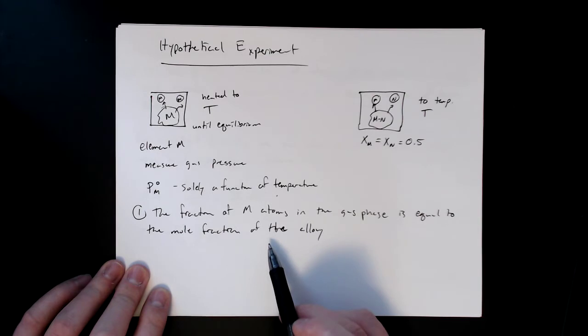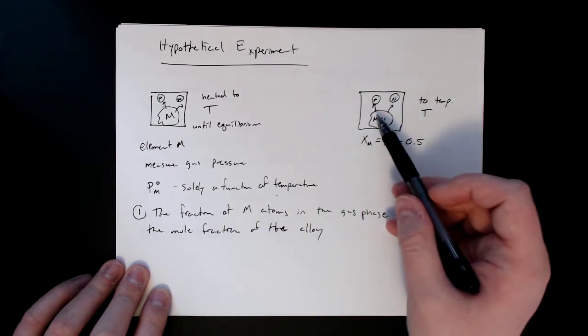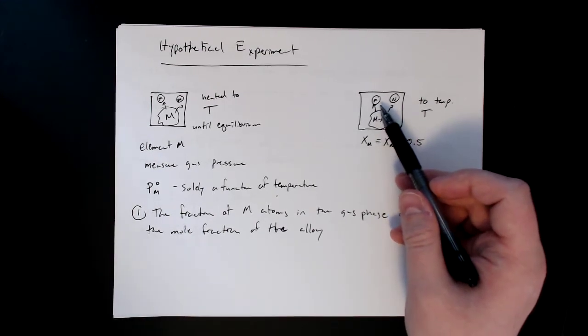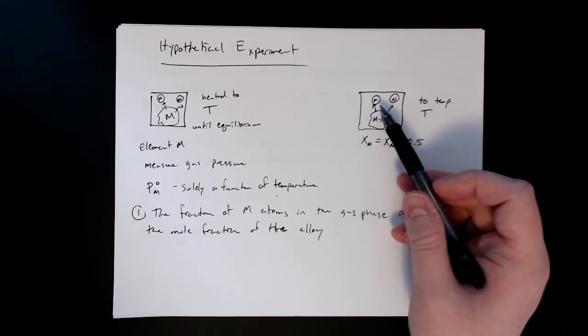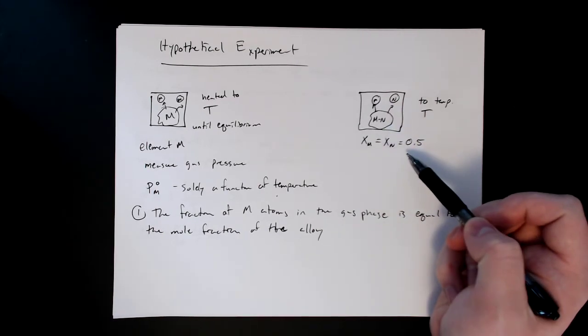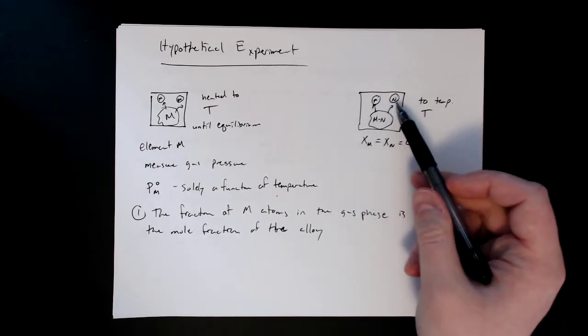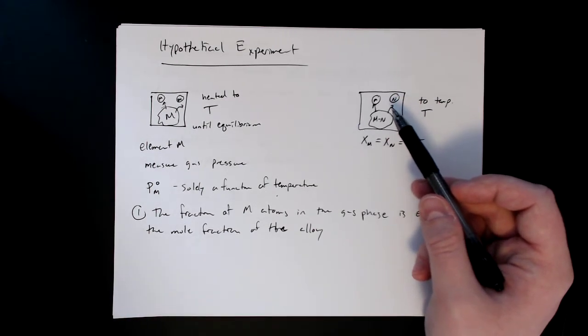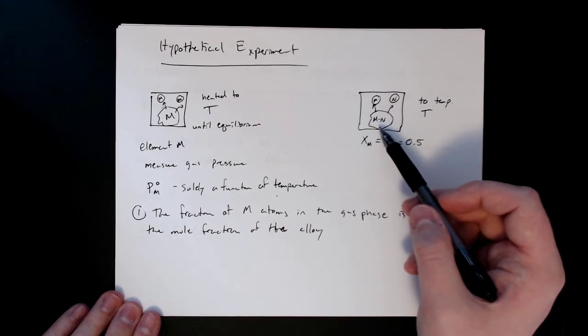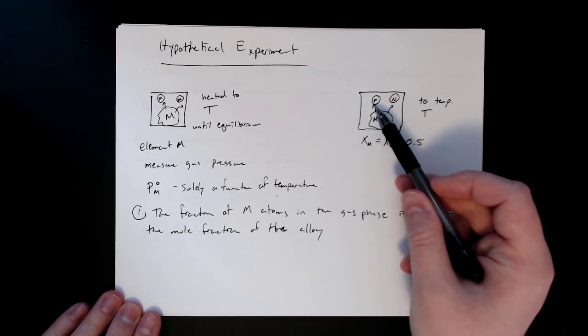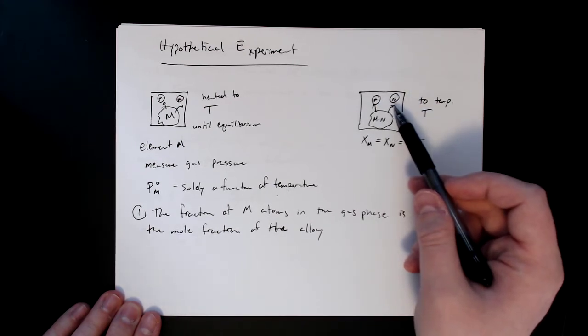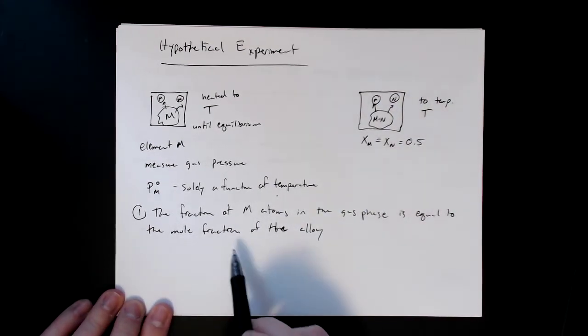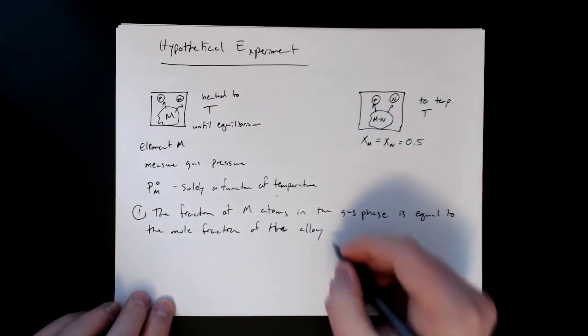That's only scenario one. So scenario one is that the fraction of M atoms in the gas is the same as the mole fraction. So we'd essentially have 50-50 of M and N in the gas phase. So that seems like that would naturally happen, right? That's what you'd kind of expect. If this is 50-50, if we heat it up, then you would have 50% of the gas is M, 50% of the gas is N. But that's only one scenario, right? That can happen. And so this is known as the